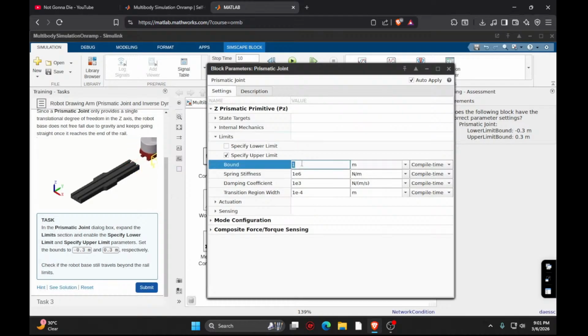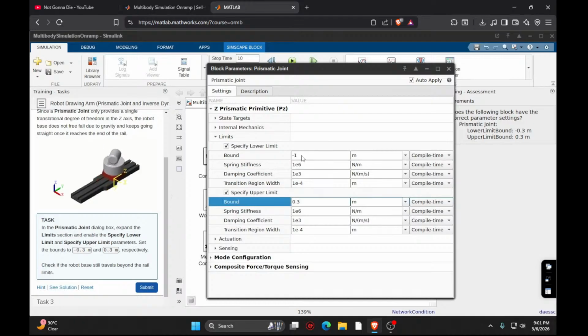So bound will be set to minus 0.3, sorry, minus 0.3 meter. Specify the lower limit and the upper limit. So the upper limit will be set to 0.3 and the lower limit will be set to minus 0.3. Okay,